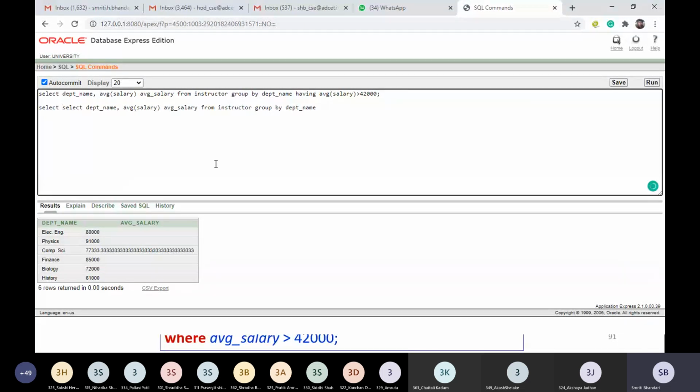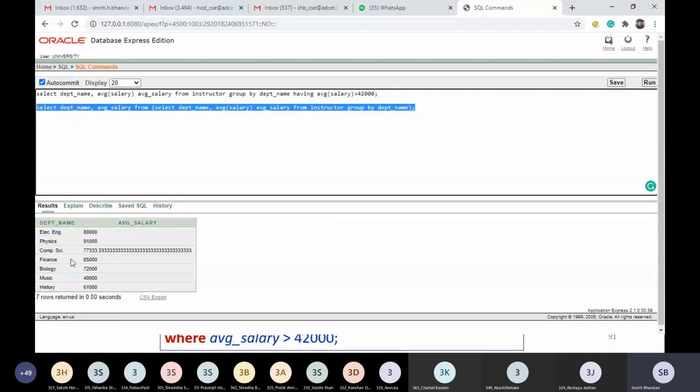So in the outer select statement, what I'll write is select department name, comma, average salary, the attributes from the derived relation, from. From which relation do I want to extract the data now? I want to extract the data from this particular one. Now let us try to list out only this. Once again we'll be getting 7 rows, each department along with average salary.